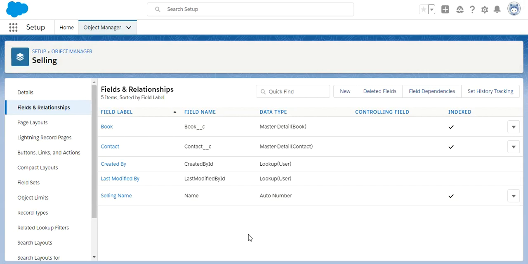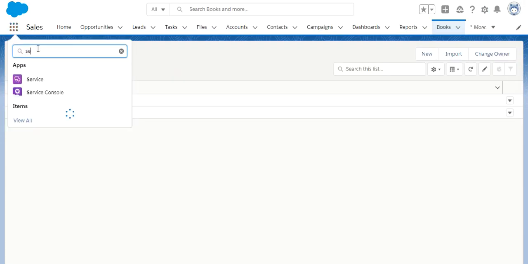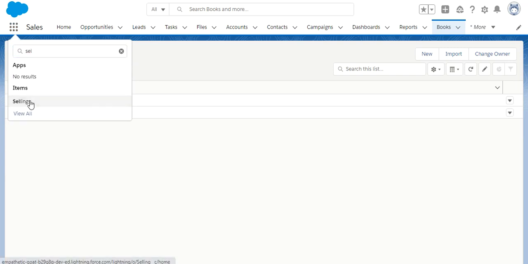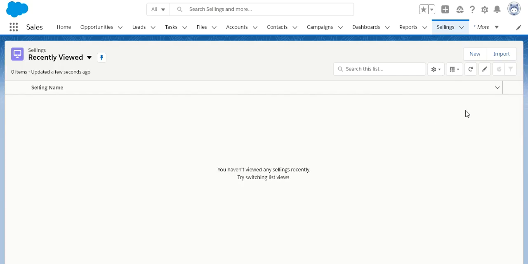Now let's see how things look. From here I'm searching for the selling object. Here is the object, so let's create a new record.